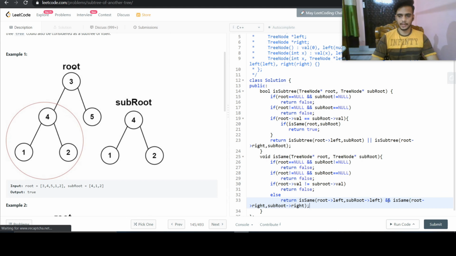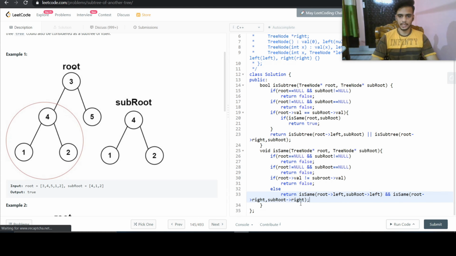So if left and right child are both same, then this will return true. So that's it. Let us run our code.